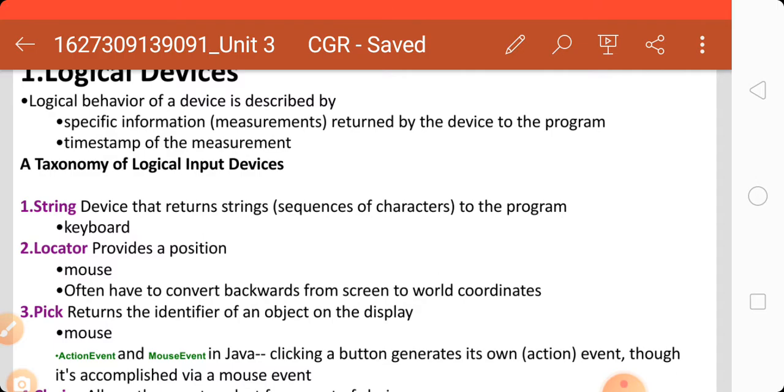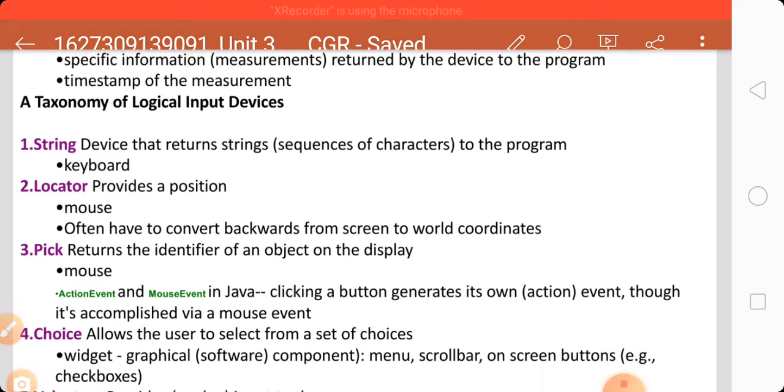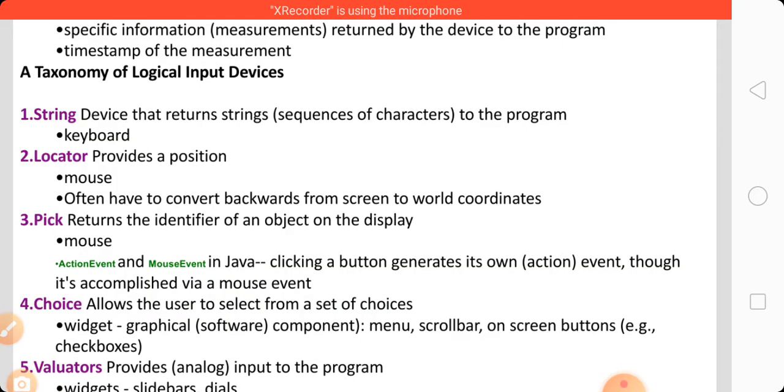Therefore the mouse is also a logical device. A locator provides the position from the mouse, and often we have to convert backwards from screen to world coordinates. Third, pick returns the identifier of an object on the display through the mouse.